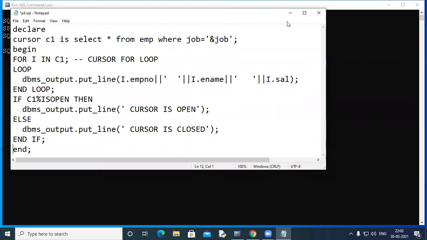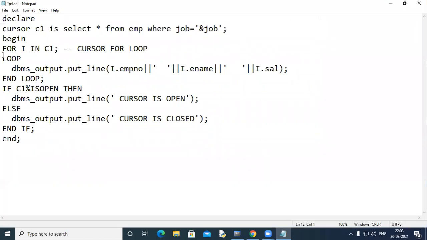See now once again what this cursor for loop has done. You simply declare the cursor here. This is the cursor declaration. Then this for loop takes care of all the three operations, that is opening the cursor, fetching the cursor. So as many times as this for runs, it will fetch one row. So for I in C1, I would be associated with the first row, with the second row, and it can be used like this. And I need not be declared. And once you are out of this for loop, the cursor is closed automatically. So when I run this code, it will say cursor is closed.